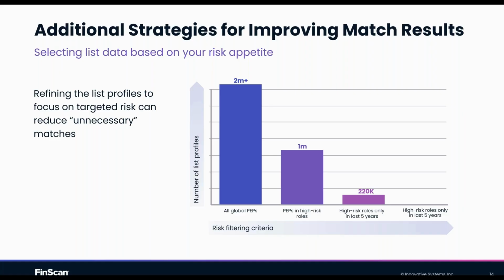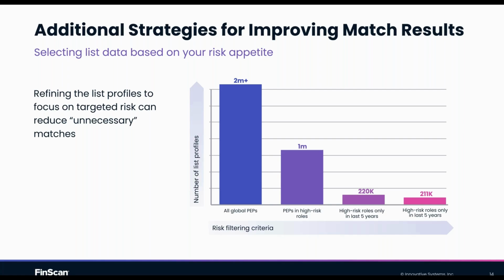If we look at things like high risk roles only and then say, well, what if they've only held those positions or currently hold those positions, but what if they've held those positions only in the last 5 years or 2 years? You can drop down from 1 million to around about 220. And I should have starred this as well. On that last one there, we looked at high risk roles only in the last 5 years, only across selected jurisdictions that our customers are known to operate in and we're known to operate in. Other jurisdictions that we have no business in, we're going to filter out too.